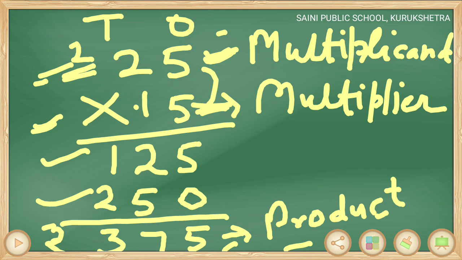Okay. Now in this way you can do multiplication of a 2-digit number by a 2-digit number. Students, you can see here the procedure is the same whether we are multiplying a 2-digit number by a 2-digit number, or a 3-digit number by a 2-digit number, or it is 4-digit, or 5-digit. The procedure will always remain the same in multiplication. We will always start from ones place, then tens place, and then hundreds place, and so on.